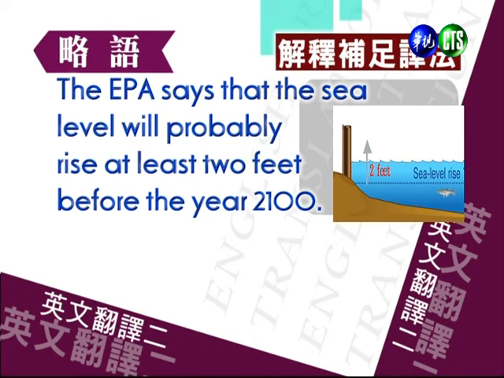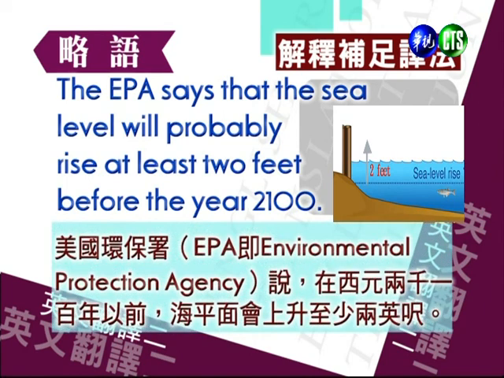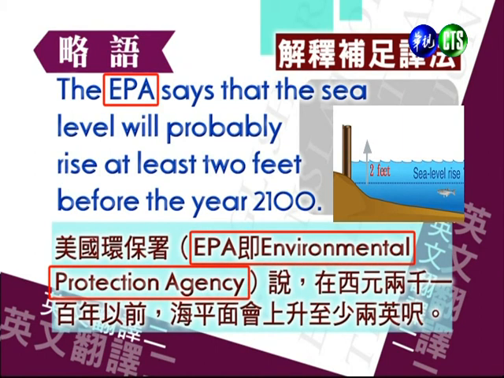The EPA says that the sea level will probably rise at least 2 feet before the year 2100. 美国环保署 EPA 即 Environmental Protection Agency 说，在西元2100年以前，海平面会上升至少2英尺。好，下一句。